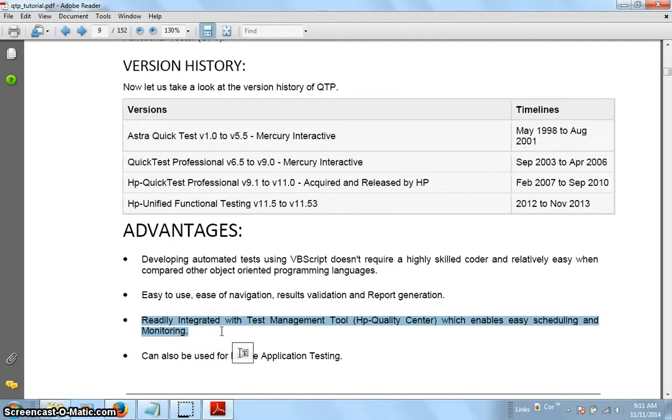In a real time scenario, we need such a tool. HP Quality Center is very widely used, so we can integrate that tool with QTP. QTP is the one tool in the market which we can integrate with Quality Center, and none of the others are integrated. So this is the main advantage with respect to Quality Center.